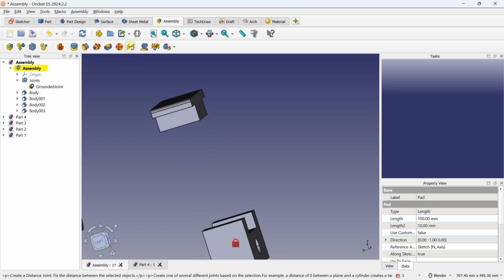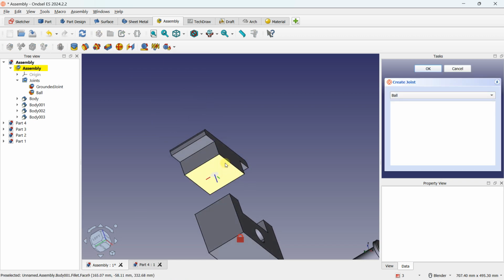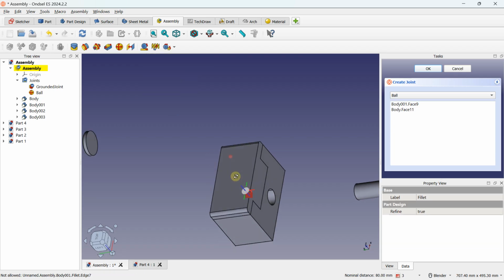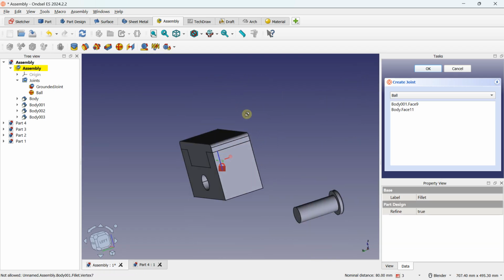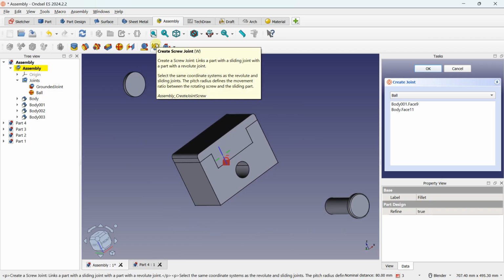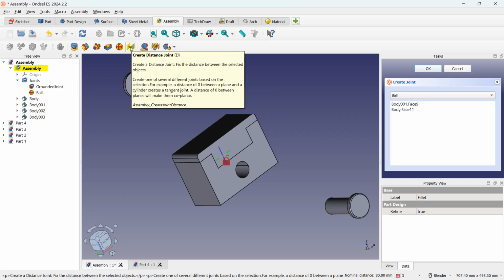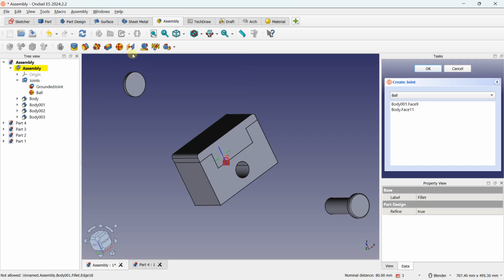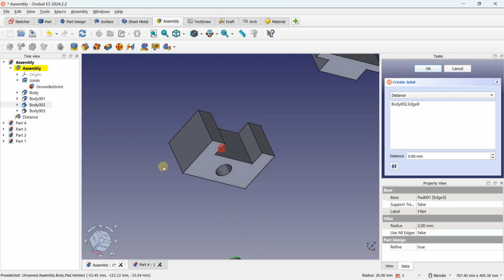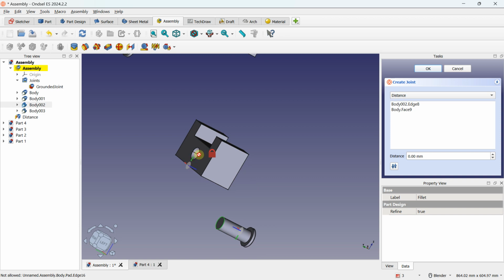And you have more options that you can use. For example, I could also create a ball constraint. It's going to work if I define the center, and if I define the center just like this, it's going to work also. So to do the same type of work, you can have multiple type of options also. You have the screw constraint here, it's more advanced if you want to work with more specific things. You have also the distance constraint where you can click on this area, and I could also select this base and select this base just like this, but we'll have a distance constraint as you can see.